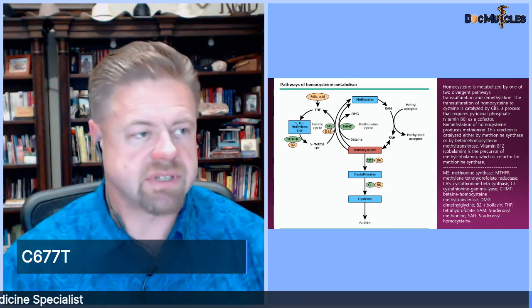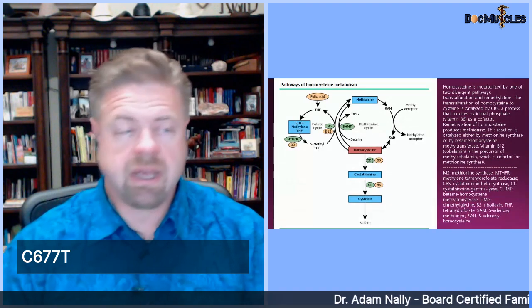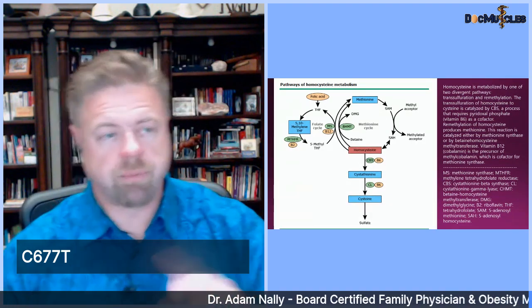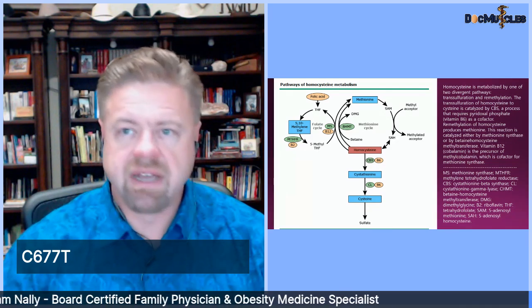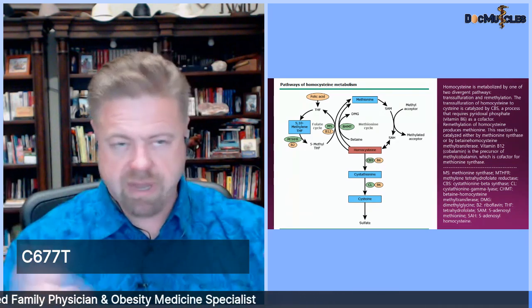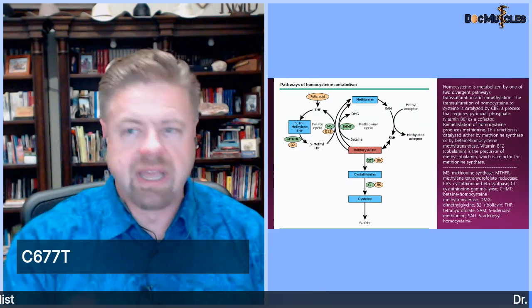The C677T gene mutation is the most common that we see. And there's another one that can happen too, but both of these can play a role with neuropathy in the feet. Now, this cycle is combined with 2 other cycles, and it's very complex. And so tonight I thought I'd just talk about this specifically, and then we'll go back and we can talk